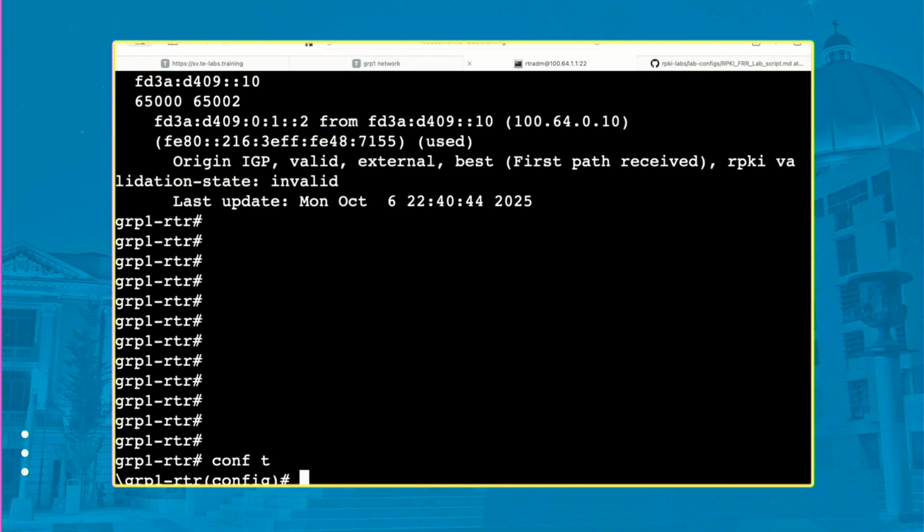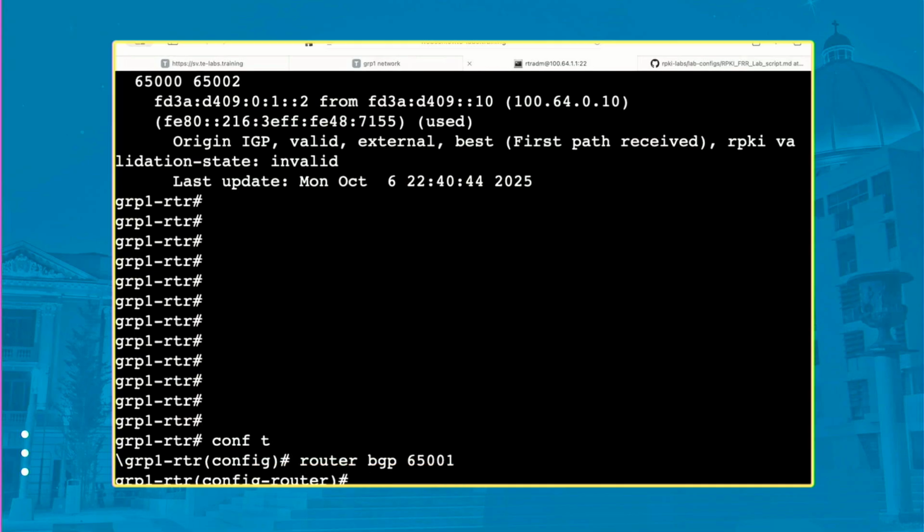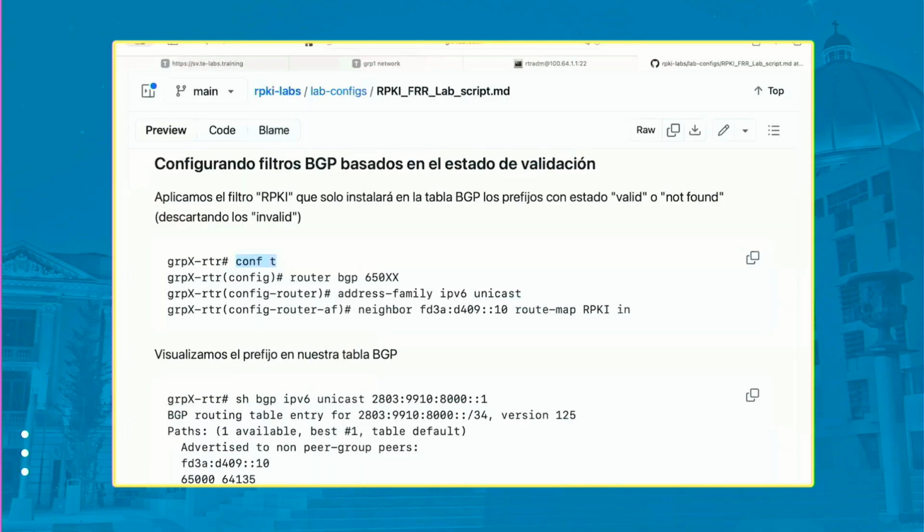We'll go to our autonomous system configuration. You have to write router BGP, and in my case, 65001. But remember that you need to use the number of your autonomous system. I access the BGP process in my router,